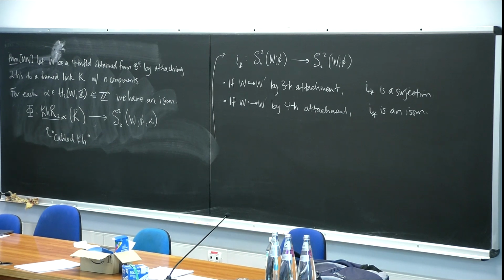Okay, I spent all this time writing this down, but this is the important theorem today. But really, to understand what it's actually doing, you have to understand what cabled Khovanov homology is. Now, if you ever tried to write a paper where you describe cabling, there's going to be some notation involved, and I have about 5 or 7.5 minutes left. So what I'm going to do is first try to get the main idea into your head by looking at an example. And then I'm going to write down some stuff that maybe slightly doesn't really match with the example,